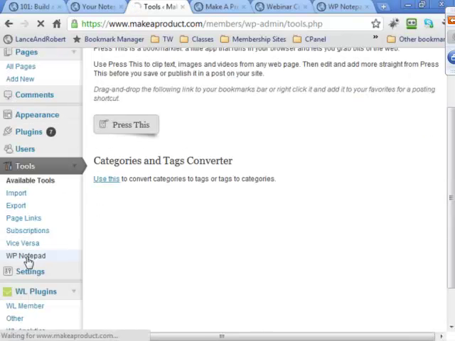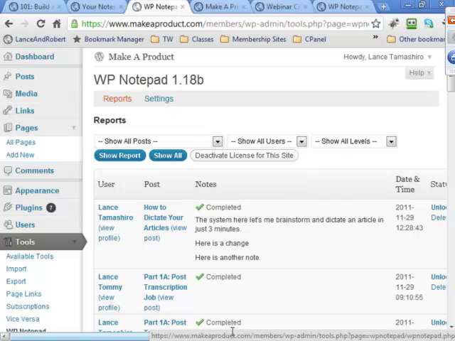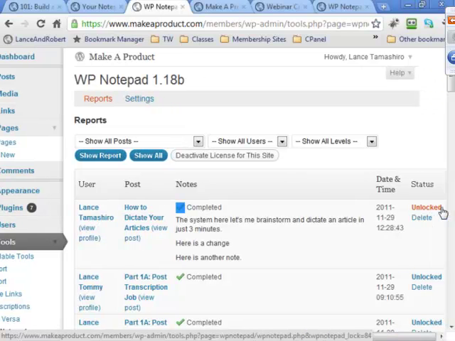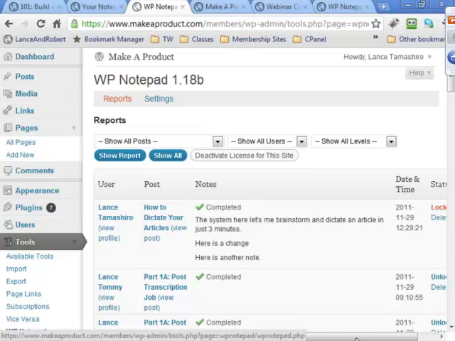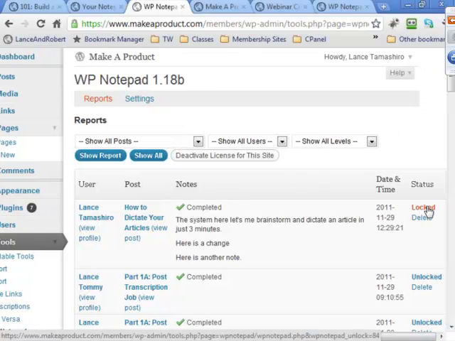So if I go back into the control panel here, now you'll notice on that post, here's my new note, it's marked completed, but now watch what I can do. See where it says status unlocked? I can actually click on this button, and now that post has been locked for that particular note user. The note has been locked.